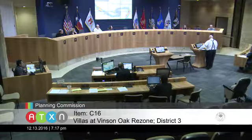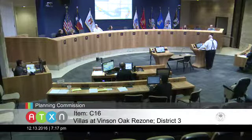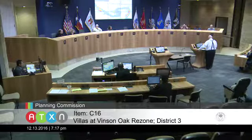If 16 units could be built on this property under SF3 or SF6, the same number of cars would be leaving from this single connecting point to Vinson Road under current zoning or new zoning. So safety is not